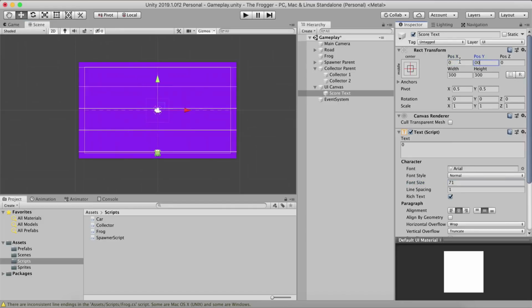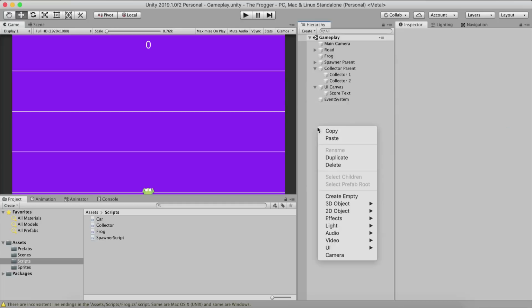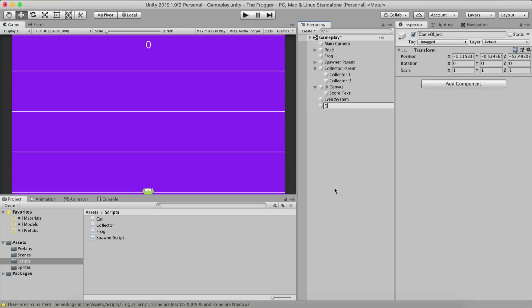And I'm going to set it here 0, 0 for X and Y, and I'm going to move it up so that we can see the score. And this is the score on top. But we also need an empty game object for the goal, which I'm going to call goal, and I'm going to